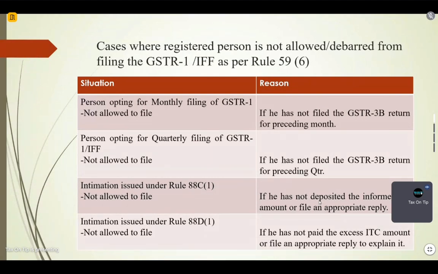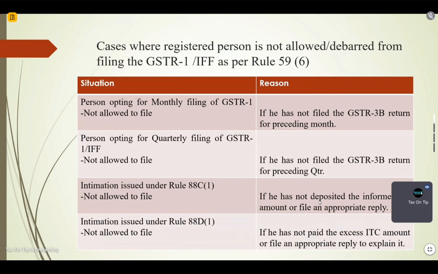Then there are two other clauses. I'm not going into the detail of that. That is intimation issued under Rule 88C(1) and 88D(1). So there are two circumstances when there might be a difference of tax liability as per GSTR-1 and as per GSTR-3B. Then you need to first deposit that tax, or you might file an appropriate reply explaining why you do not need to deposit the tax. Only then you are allowed to file a GSTR-1 of that current period. And again, the same